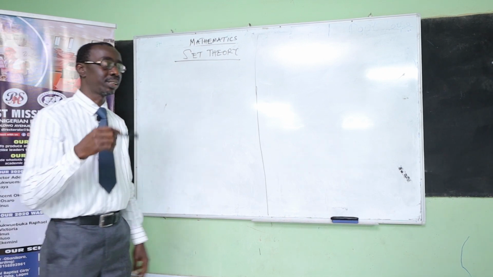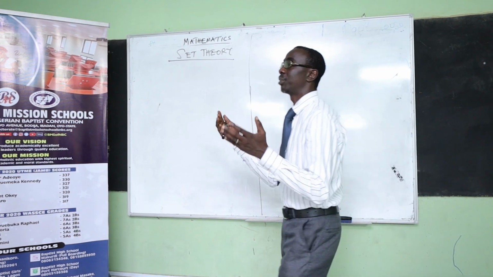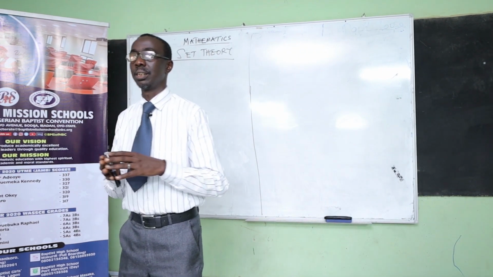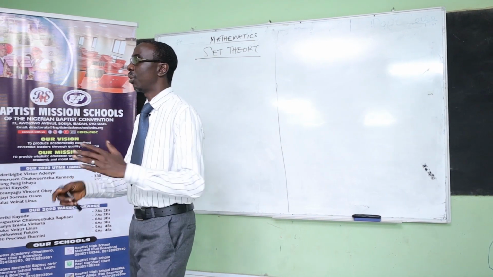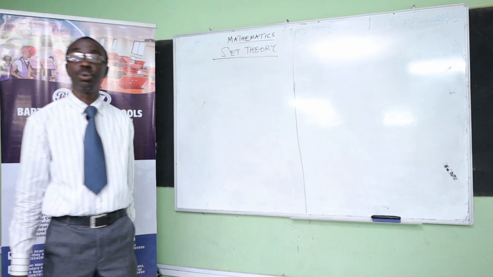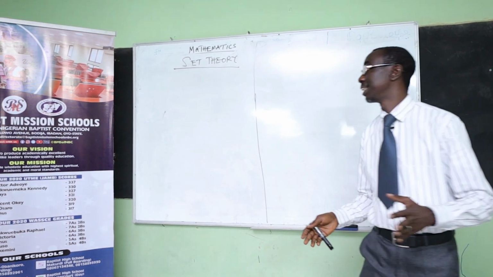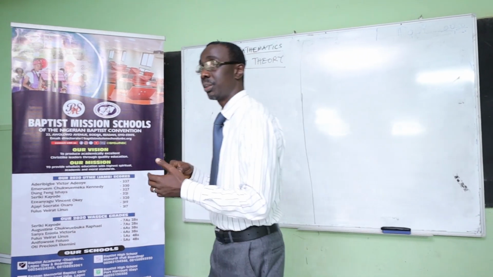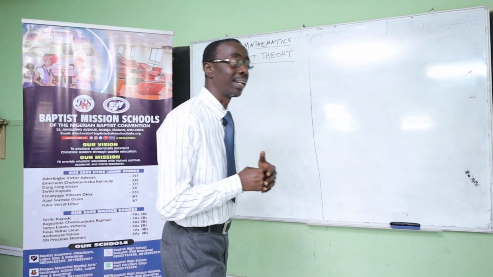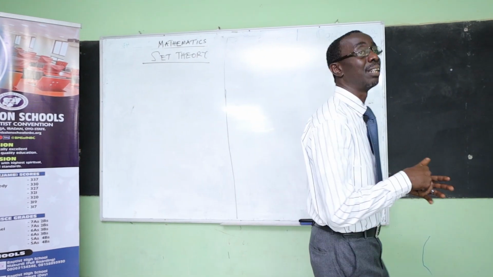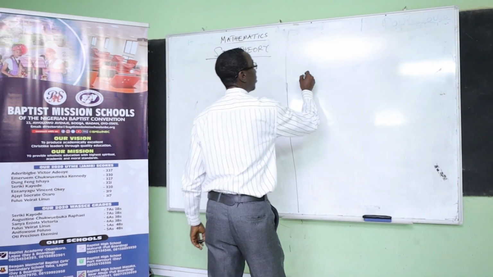The diagram for set theory is called what? Venn diagram. You have about 2 distinct types of diagram you will need to look at. I will even say 3, because the second one can be subdivided into 2, depending on the type of question given to you. In Venn diagram under set theory, you have the 2 subsets Venn diagram, and you have the 3 subsets Venn diagram. The 3 subset Venn diagram can be drawn this way,